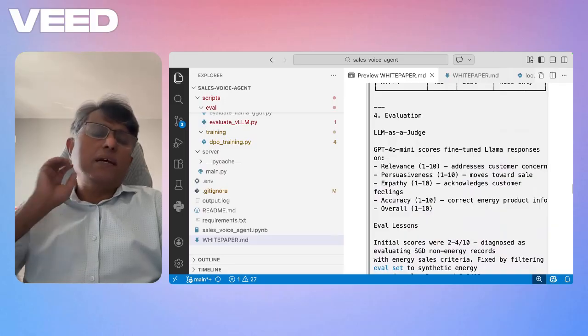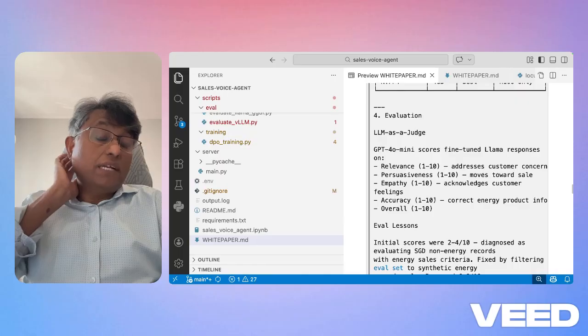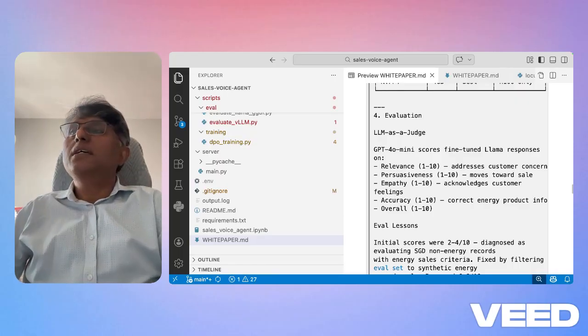Overall, the eval scores, as you can see, were initially in the low range, 2 to 4. Then I increased the data, because there was an imbalance between the schema-guided dialogue dataset and the synthetic data. Initially the synthetic share was less than 1%, and then I increased it to around 2.5%. And of course the LLM was fine-tuned